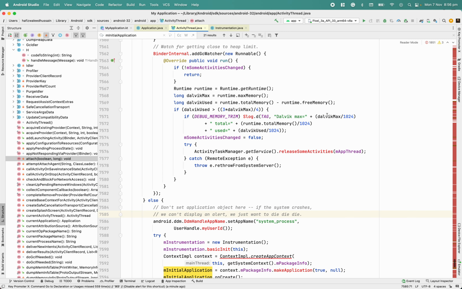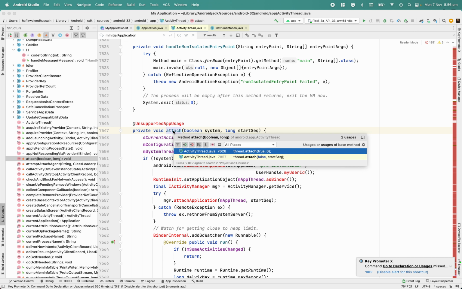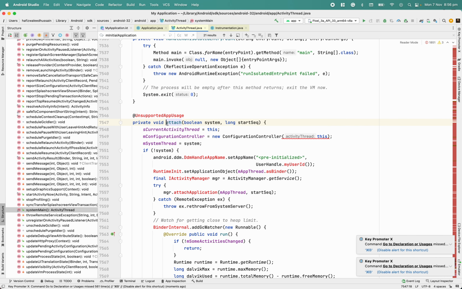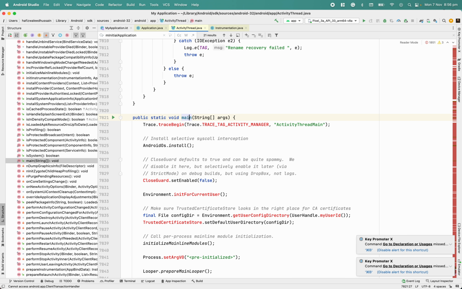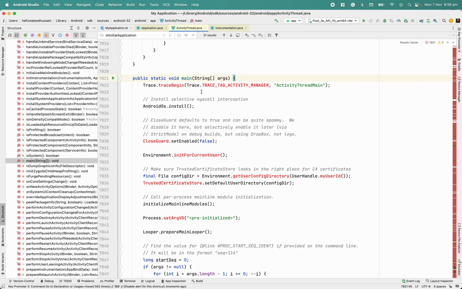So going up. Okay, so this is the method which is called attach, and who is calling this? So there are two methods. First we can check this. So system main, and what about the other one? The other one is called main. Oh, nice. So now you can see in Android we have a main method, and then